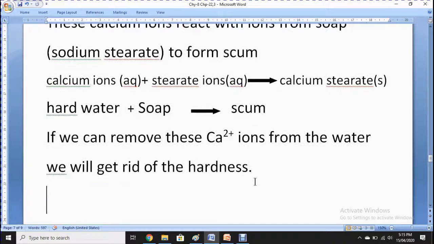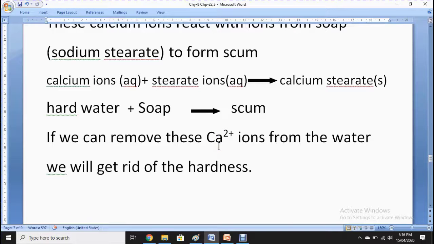You can see this equation here. These are calcium ions plus stearate ions. When they combine, what do they form? Calcium stearate. So hard water plus soap, instead of forming lather, forms scum. If we can remove these calcium ions from the water, we will get rid of the hardness. Actually, the calcium ions cause the hardness. So if we remove them from the water,